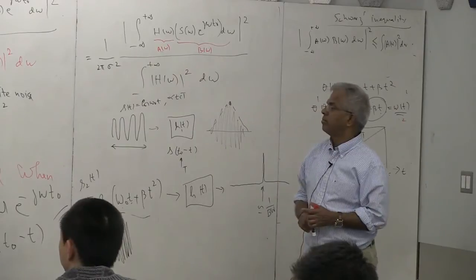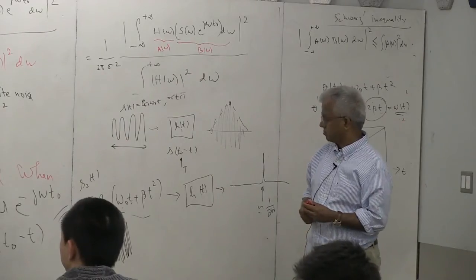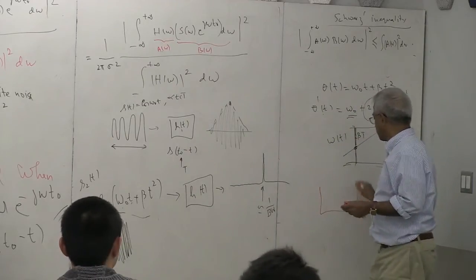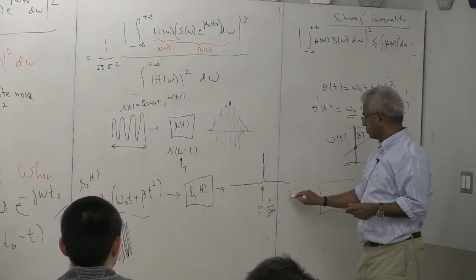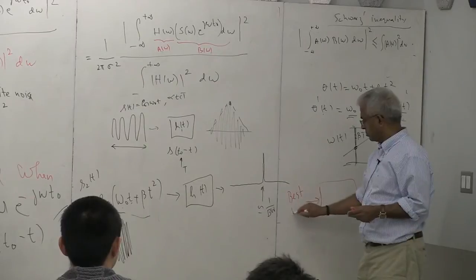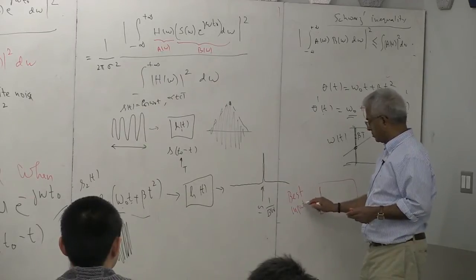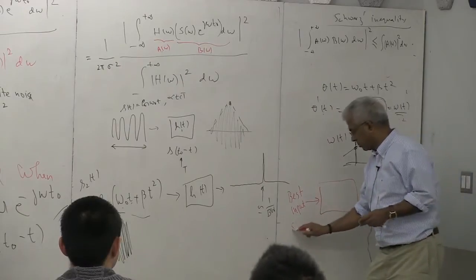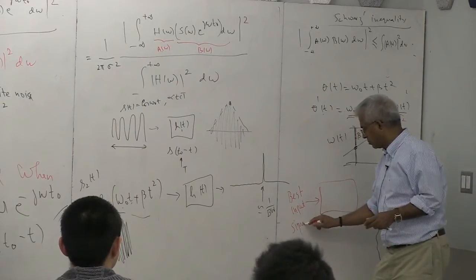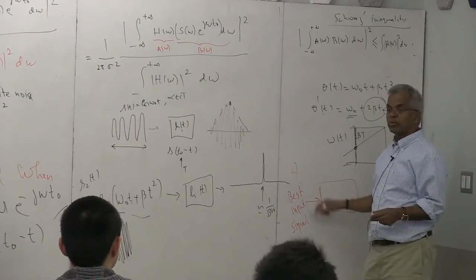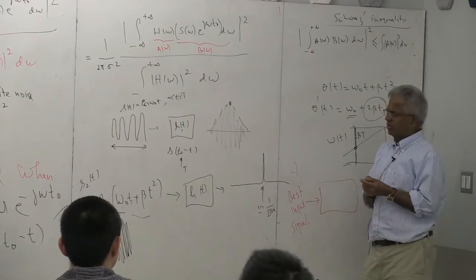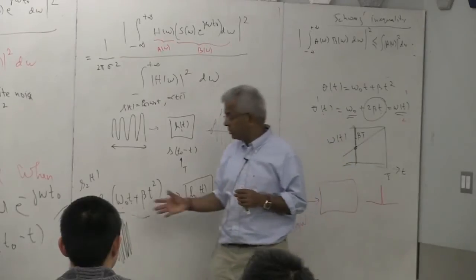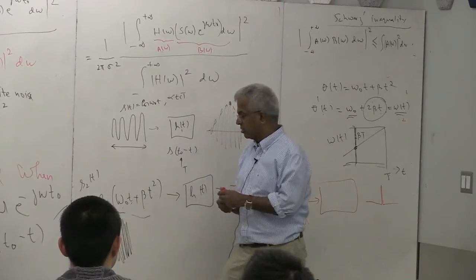So the question is, in pulse compression, this is still an open question. What is the best input? Of course, you have to word the problem correctly. What is the problem? You have a pulse of duration